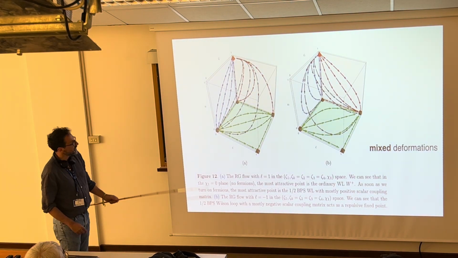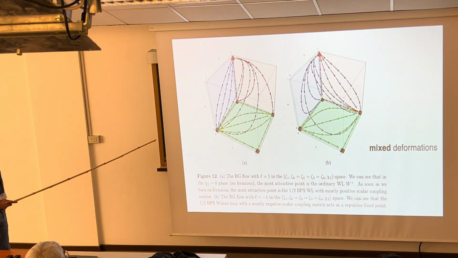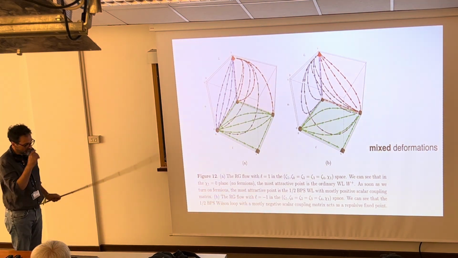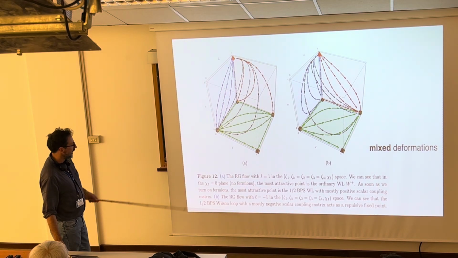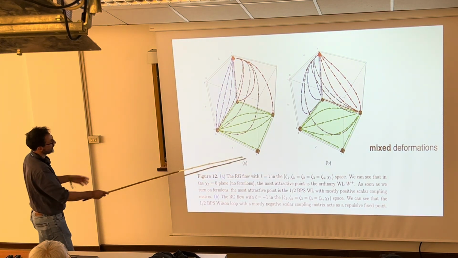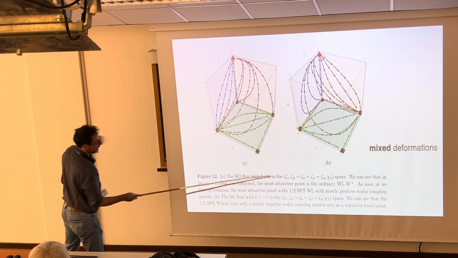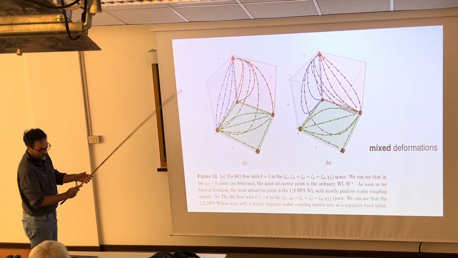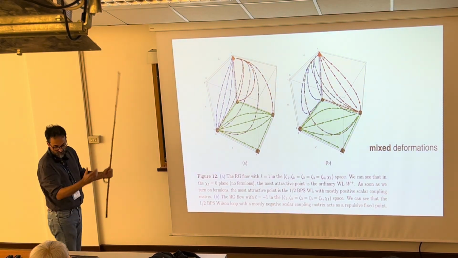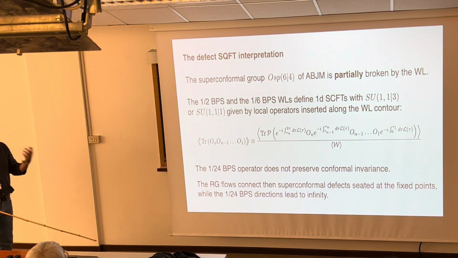You can do also some mixed things in which you have both bosonic and fermionic. Of course, there's a zoo of possible cases, so we try to study in the paper the ones that are interesting and some representatives. And again, you have 3-dimensional spaces in which you put some of the parameters equal to 0, and then you have, for example, zeta 1 deformation, which is different from the other deformation zeta, and then you have a fermionic deformation, one of these chi's, and you have all possible interpolation between these points. Essentially, this is summarized in the schematic picture that I gave you before. Good. So now we can interpret all these flows in terms of defect